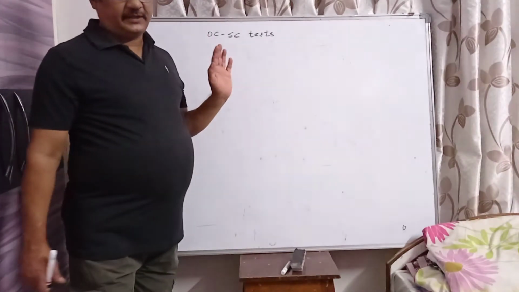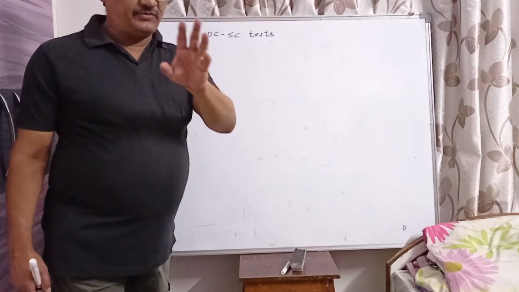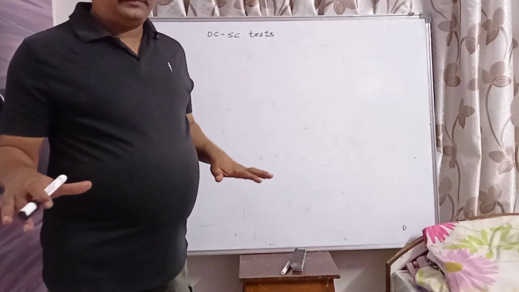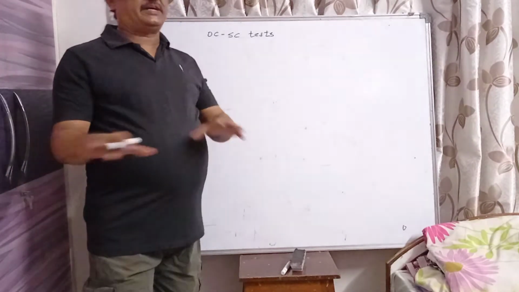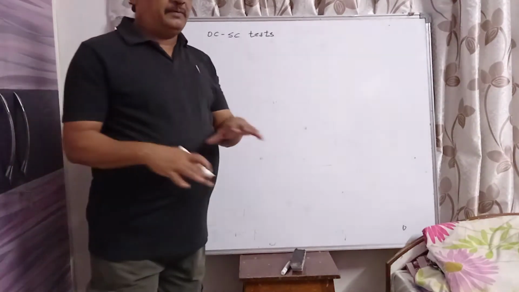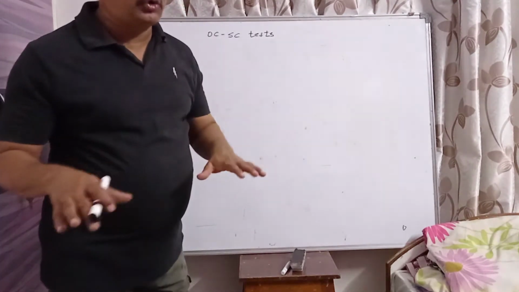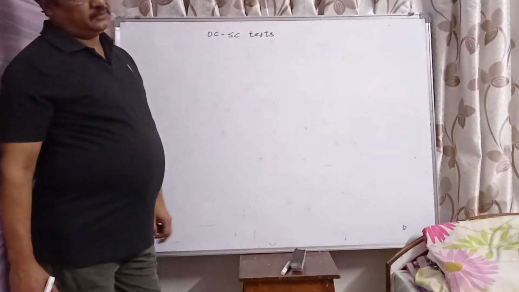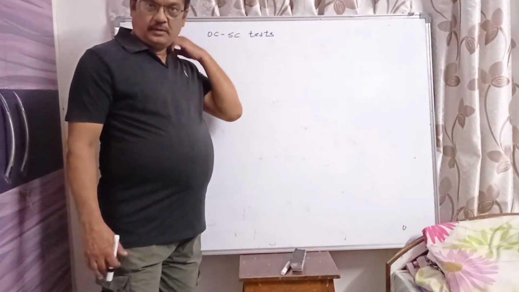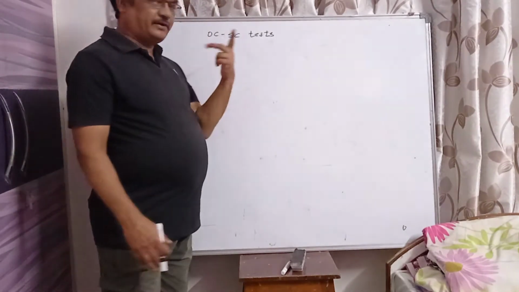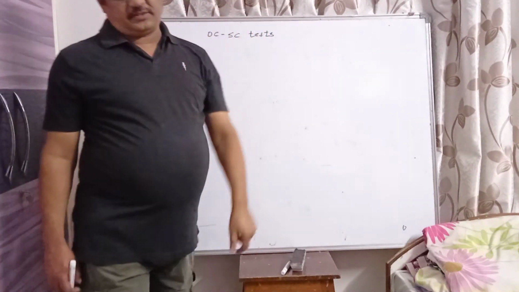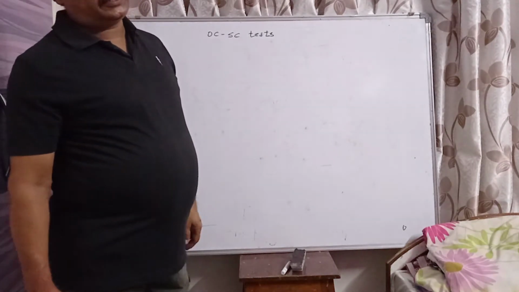Open circuit, short circuit: the transformer has a primary as well as a secondary. Open circuit means the secondary is kept open, that is, the secondary terminals are open and nothing is connected across the secondary. Open means secondary current is zero. And short circuit means the secondary is shorted. So you have to draw two diagrams, one for open circuit and the other for short circuit, and then you have to determine the constants out of those two methods.